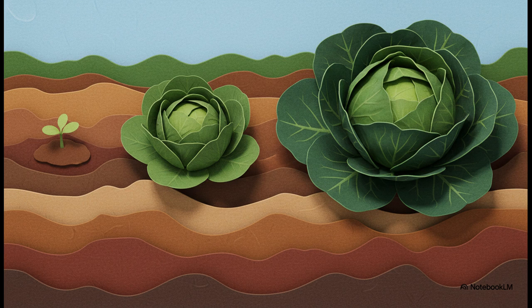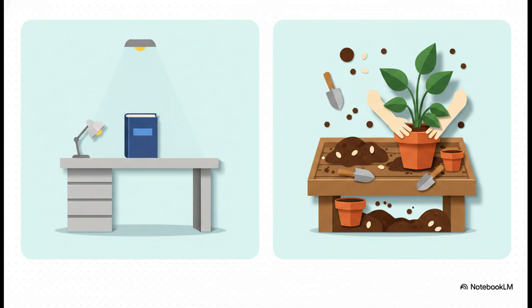Think about an actual soil and cabbage garden in your backyard. It's constantly growing, it's evolving, and changing with the seasons. Your digital garden pages should do the exact same thing. They should contract and expand alongside your constantly evolving thoughts. But honestly, this requires a massive shift in how we present ourselves.